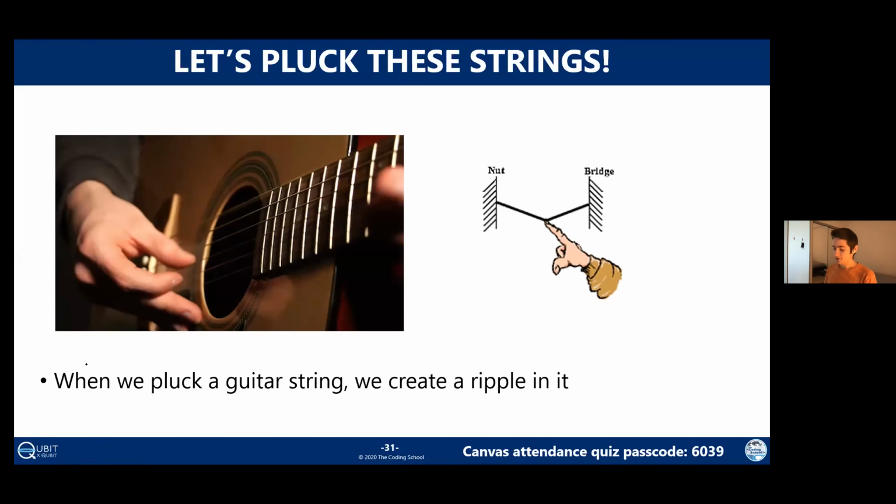So let's pluck a guitar string, right? And as I alluded to before, when you pluck a guitar string in an arbitrary place with an arbitrary force,